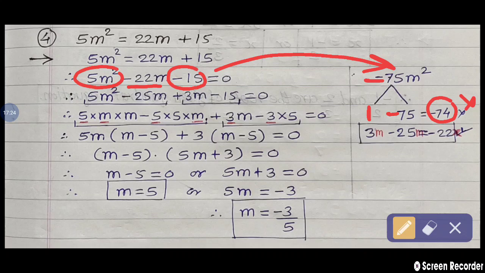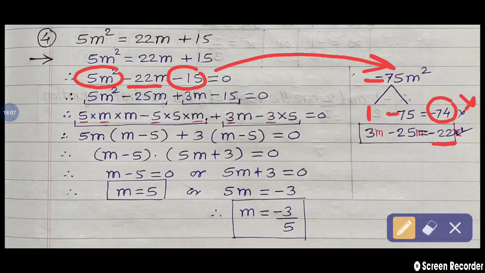Now, 75 is not divisible by 2, so leave that number 2. Now jump to the next number, 3. 75 is divisible by 3. Yes. Try to divide it. So 25 is the quotient. 25 threes are 75. And out of 3 and 25, obviously 25 is the bigger number. Give the minus sign as per our basic rule. So 3 minus 25, make the addition: the answer is minus 22. That is our addition, that is our sum.